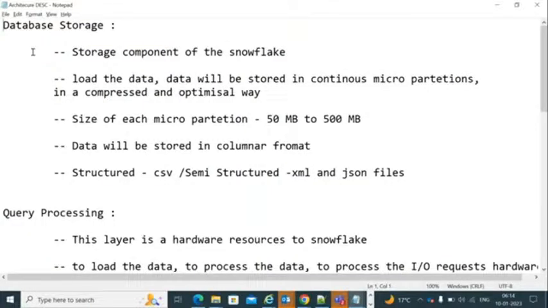So what will this database storage layer do? This is one of the components of Snowflake. We have a storage component and then a compute component. This is the storage component of Snowflake. Whenever you load data into Snowflake, automatically the data will be stored in